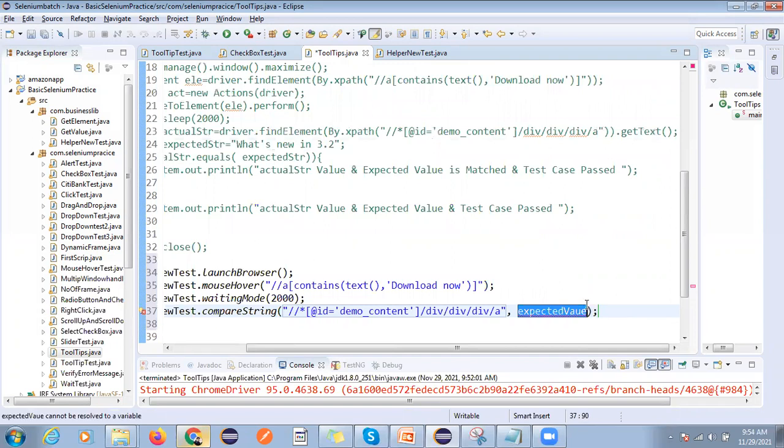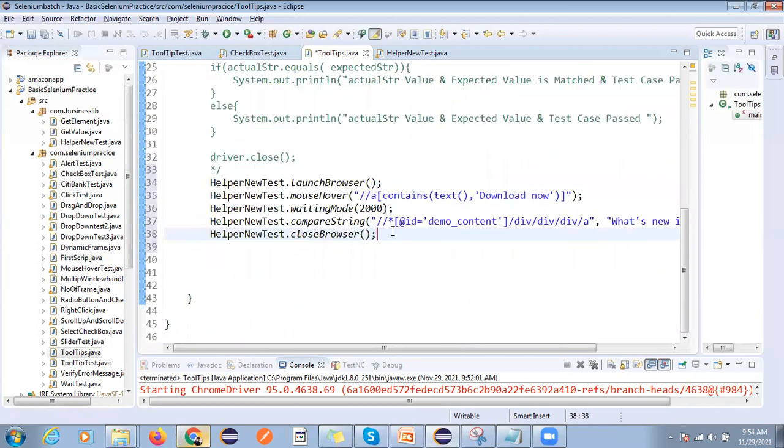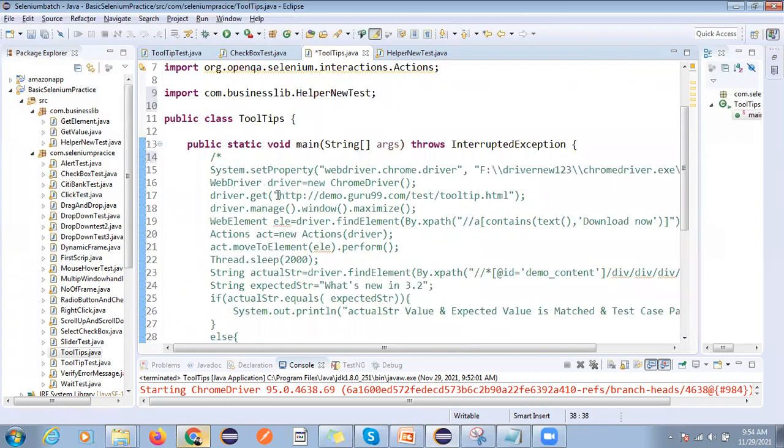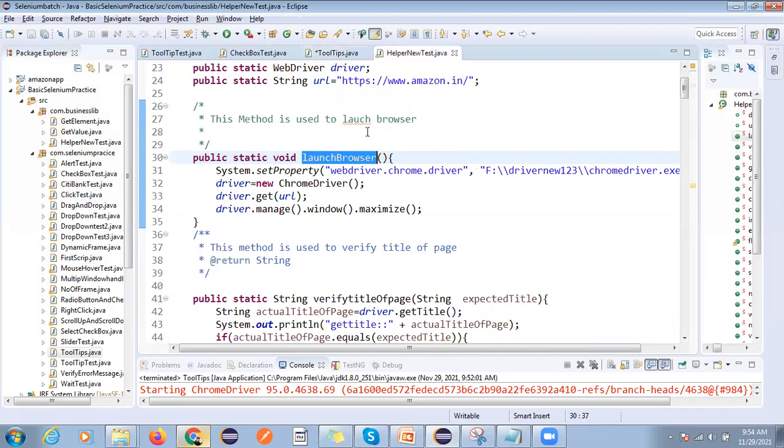So I did not use any reusable method today because I have already all the steps. And now dot close. Okay, so here I need to change this URL. Go to launch. Actually, somewhere you have to define this. Okay, no problem. You can pass one more parameter and directly pass the URL while calling the method, and you can just comment this.